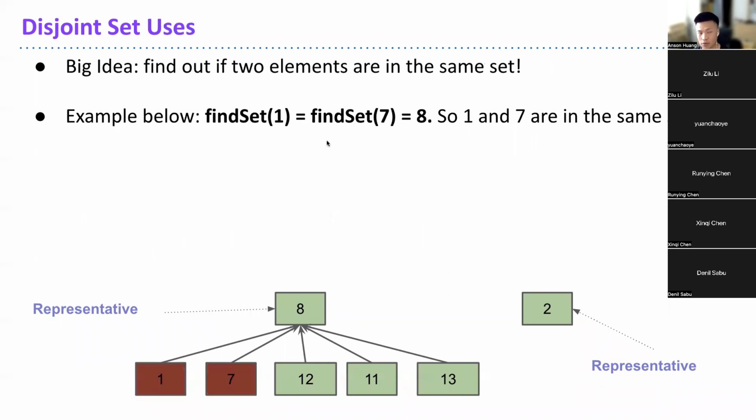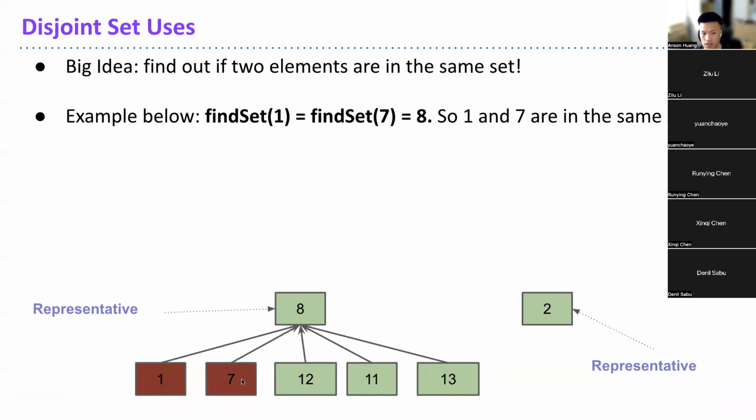So this is just going over some more examples. The big idea is we want to find out if two elements are in the same exact set. Are they in the same set? One way we can do that is, let's say we want to see if 1 and 7 are in the same set. From this diagram, you can tell that they're in the same set, right? But in order to do this in terms of code, you would call find set on 1 and find set